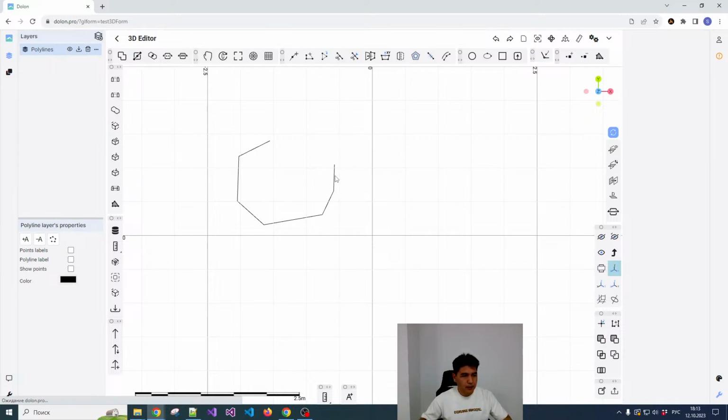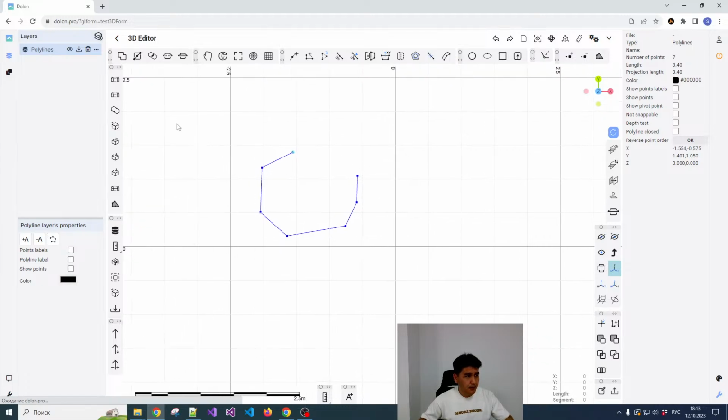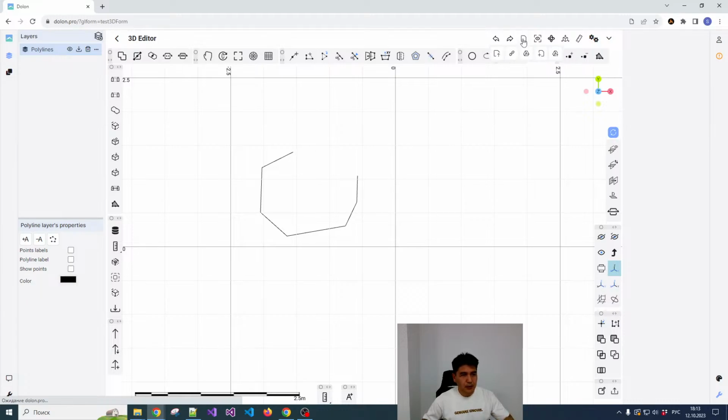And when I select the object, the properties of the selected object appear on the right side. This layer is specific to polyline layers, and if we create another type of object, or if we open some models, let's say a point cloud,